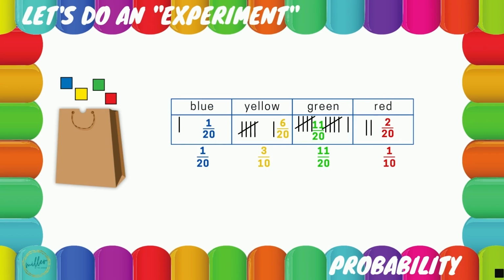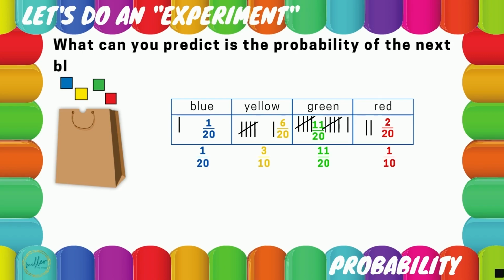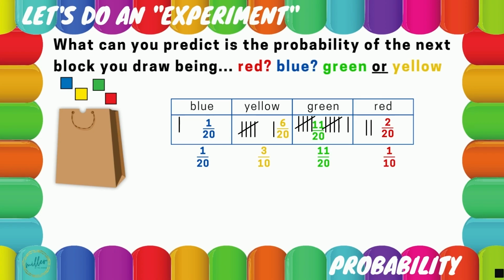Now we're going to use the results of this experiment to make some predictions. What can you predict is the probability of the next block you draw being red? What about blue? Or what about green or yellow? When we did the experiment, we drew out 2 blocks that were red out of 20, or 1/10th of the blocks we drew out were red. So that is the probability, 1/10th. We drew out 1 blue block out of all 20 blocks. So that's the probability of drawing a blue,